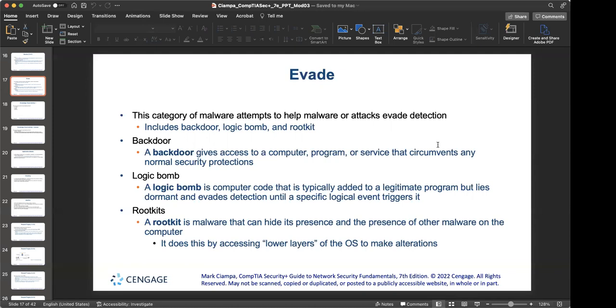Then we do have the logic bombs, which are computer code that appends itself to good code, and stays there till a specific trigger starts it working, right? I don't know if you guys ever heard about the Chernobyl virus, which started working at the same time as the anniversary of the Chernobyl nuclear plant disaster. So they come in, they don't do anything, they hide themselves for a while. You don't even know the logic bomb is in your computer. You feel everything is good. You don't even